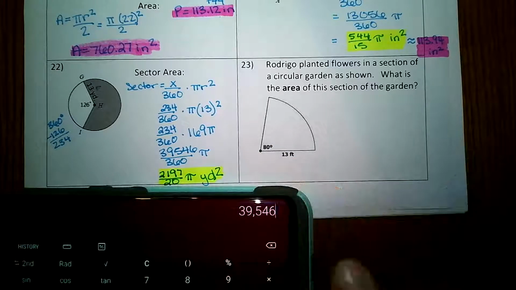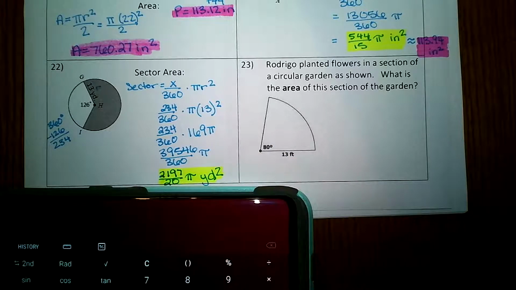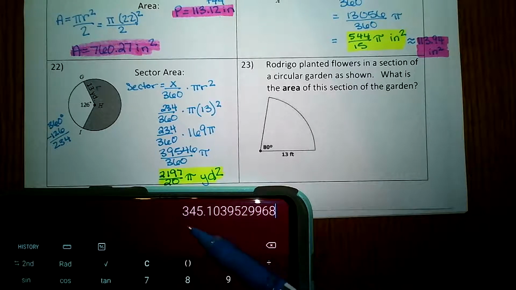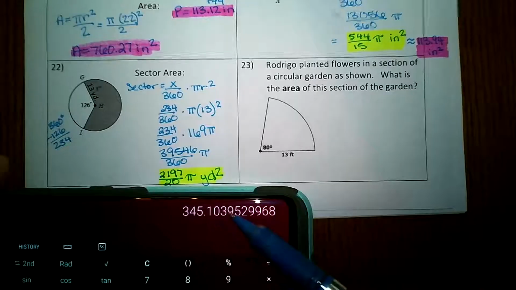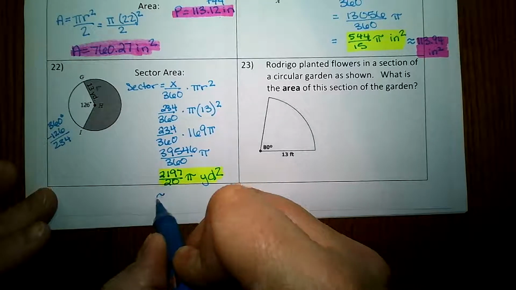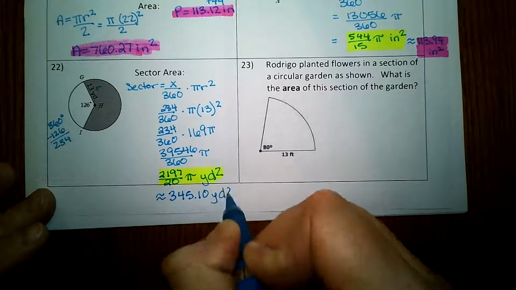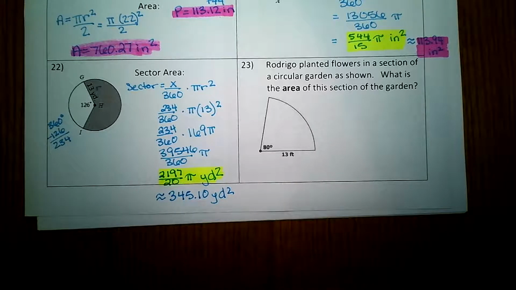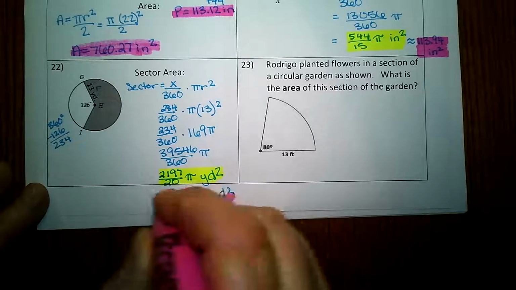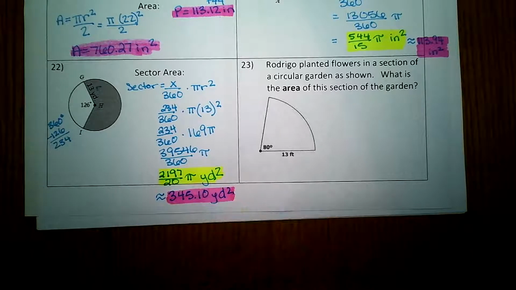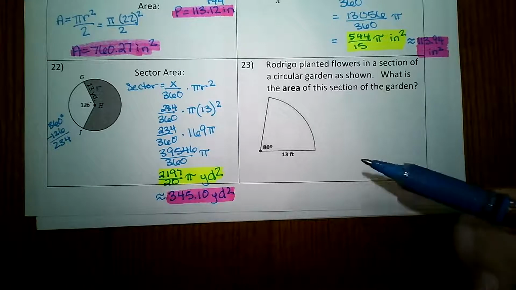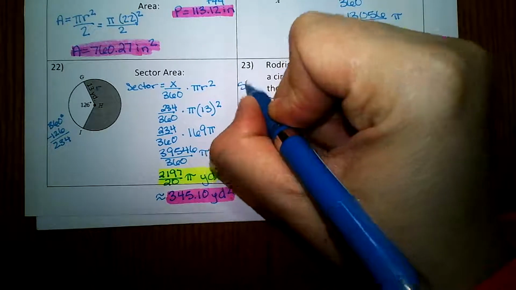So let me get my calculator ready. We've got 2,197 divided by 20. That's 109.85. And then multiply that by pi. Final area is 345.10 yards squared. So rounded value, 345.10 yards squared. I really think the rounded values make way more sense, but we just have to be ready to answer with both types. Okay, my final example here is an SOL example, so you can see what this might look like